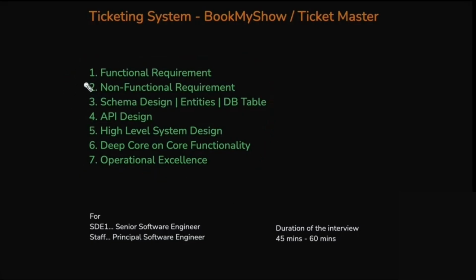So let's start with step 1, which is functional requirements. Functional requirements are the core functionalities of the system which it must support. For example, we want to build a system which has a feature for searching for movie tickets. As I have mentioned earlier, this can be extended to any event similar to a movie, but we want to focus on the movie as part of this requirement.